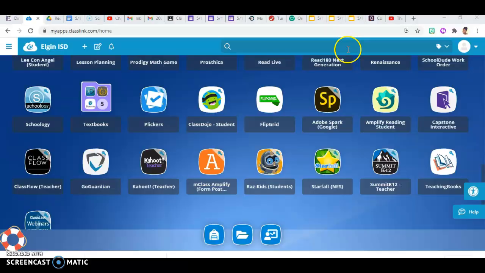And one more thing, this is the Blue Amplify app that I'm talking about, it's like a bluish tealish color on the assignments for this week. So this is where you're clicking. You're looking for this. If you can't find it, then you need to type in Amplify Reading Student in the search bar up here. If you have any questions, please let me know.